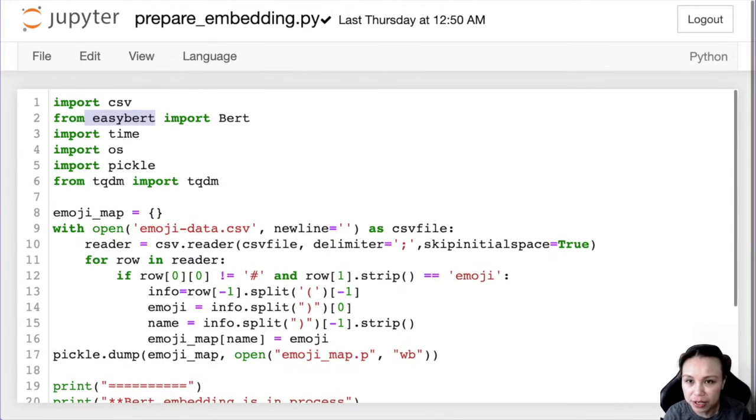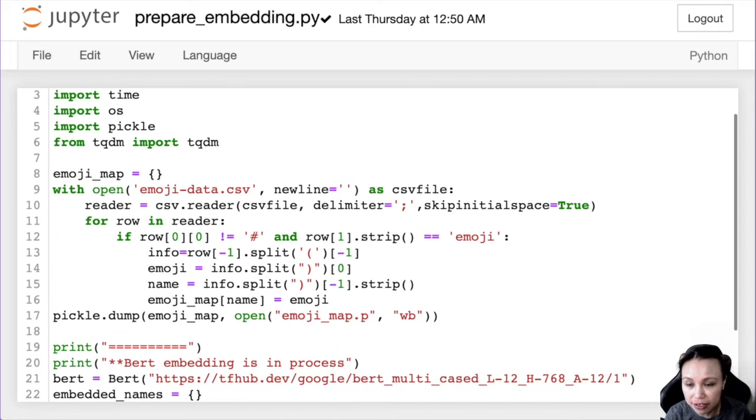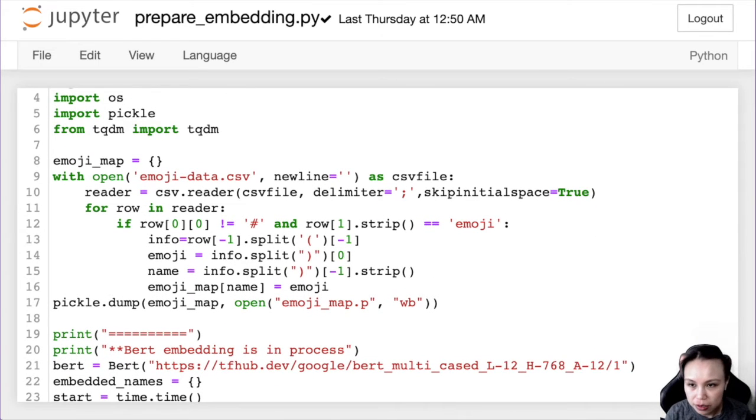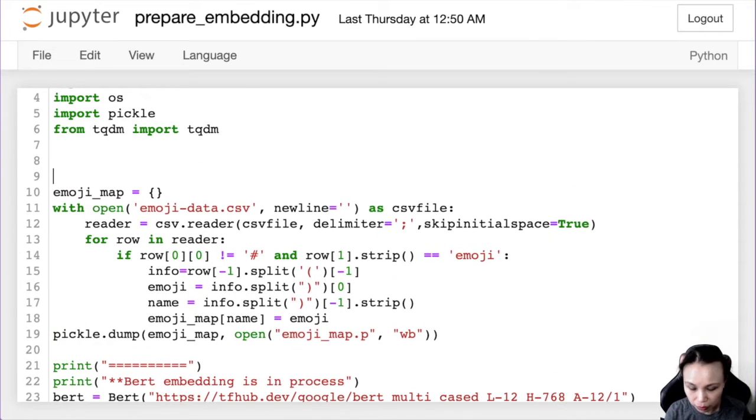Okay, so we go back to prepare embeddings, and because we have an extra step now to remove things, what I've got to do is what we did with the other repo. I will create a cleaning function, just to make things simple. This one will be the string that we are cleaning. It's a bad name, so input str.